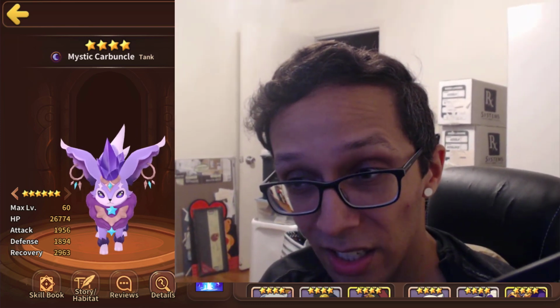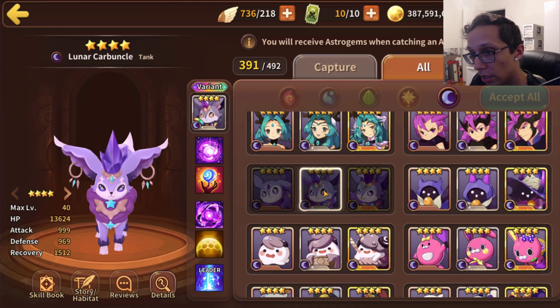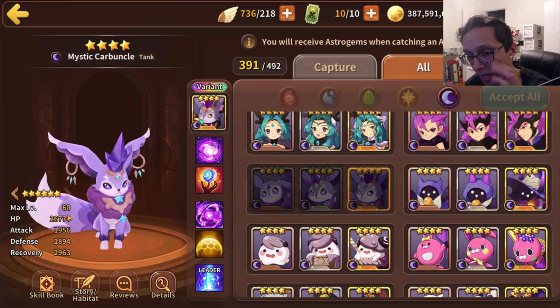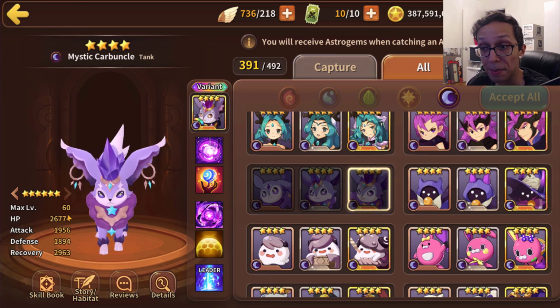What? There's no way. Its stats have to be wrong. Like, legit, its stats have to be wrong. Okay, so it's a tank type, alright? Why is its HP pool that of like an attacker? Something's wrong. Maybe it's supposed to be